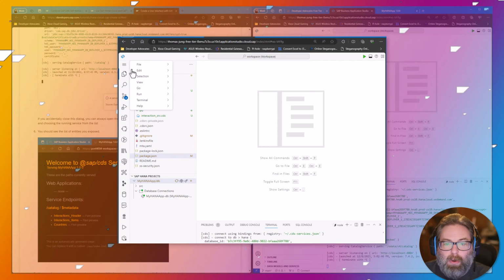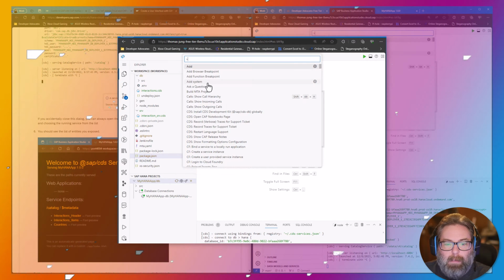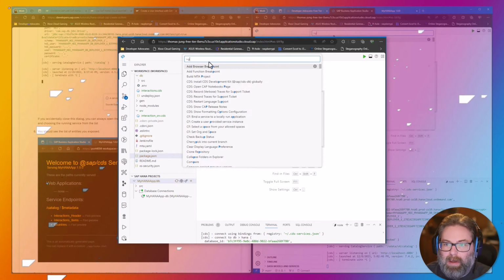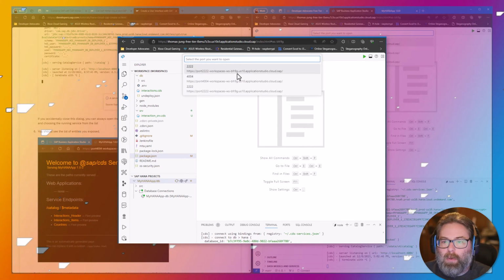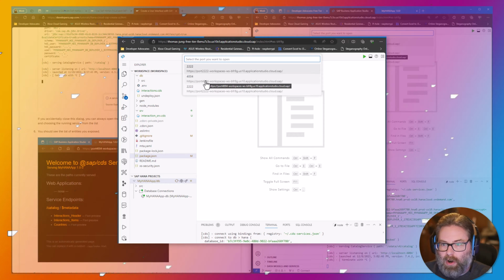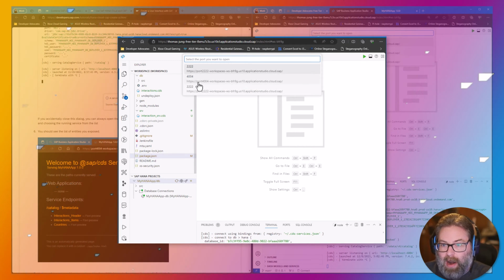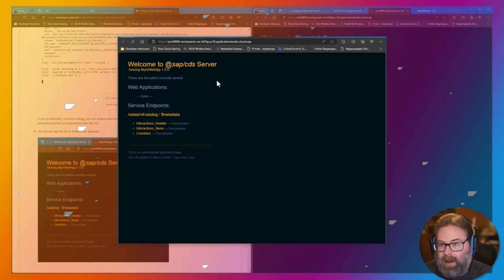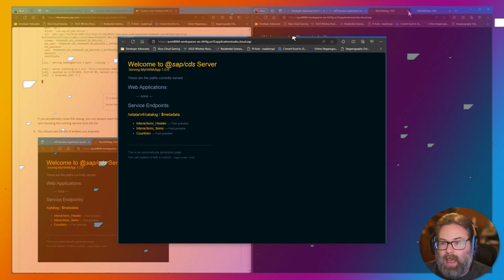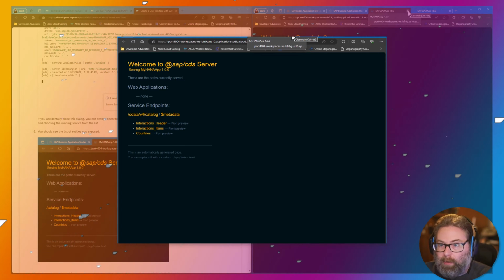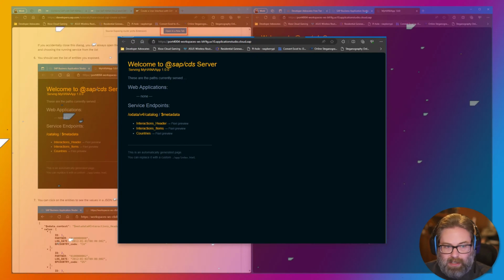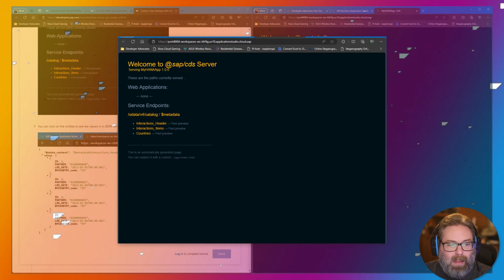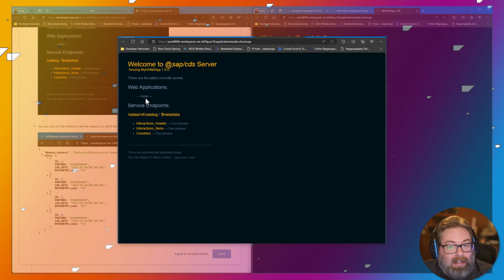You can also go to View and the command palette, and then just type in ports, and you're going to get the option for ports preview, and it's going to show you any of the ports that are currently running something that's exposed that can be connected to with a web browser. And you can also just click here. It's going to open the same thing in another browser window. So just multiple ways to get to the same thing in case you miss the other options.